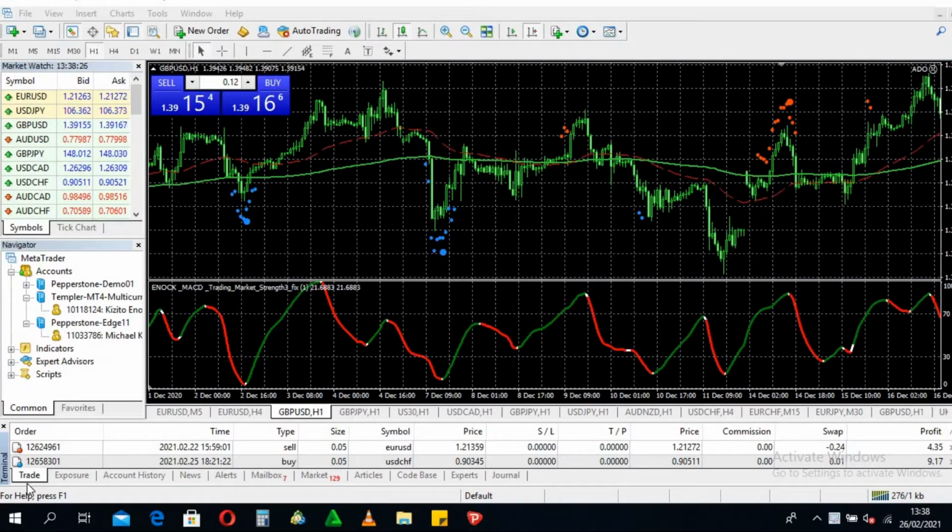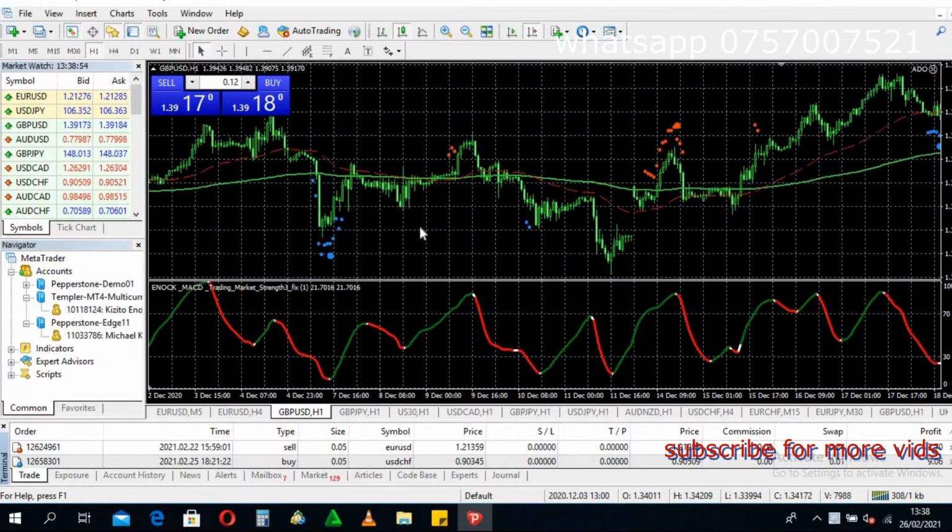And I think all of us, when we're trading, we always look at making things simpler and hoping that everything works out well, because most of the time we buy indicators, we buy expert advisors, and they never work out. This is the best indicator you can find because it involves the RSI, the stochastics, and the MACD. As you can see, it's called the MACD trading market strength, and it has